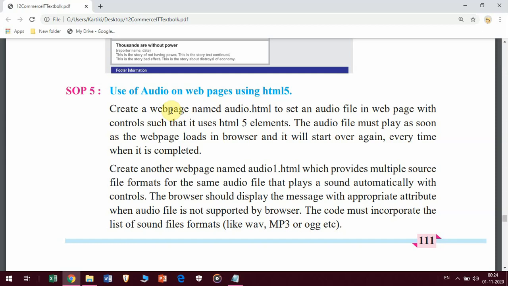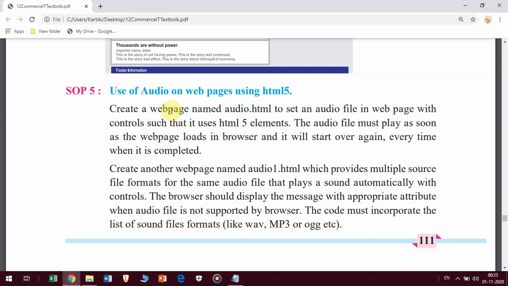If your browser is not supporting it, you should print a message that the browser is not supporting the multiple source audio file format.